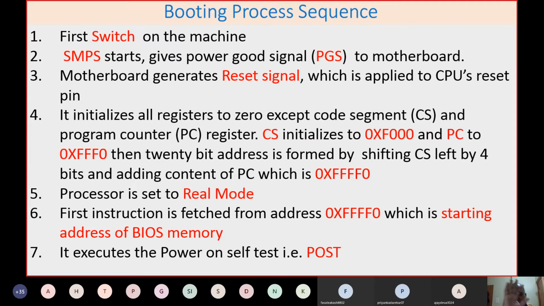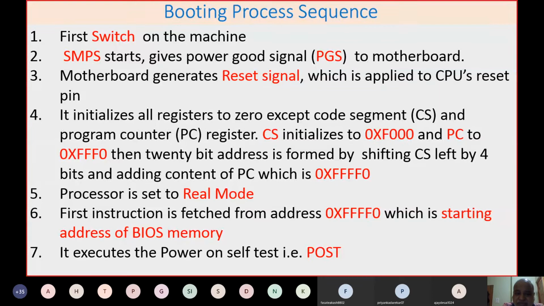It is a blank or empty CPU. So when it gets the reset signal, the very first thing the CPU does is reset all its registers to 0. All the registers of the CPU are set to 0 except 2 registers, the code segment register and the program counter.